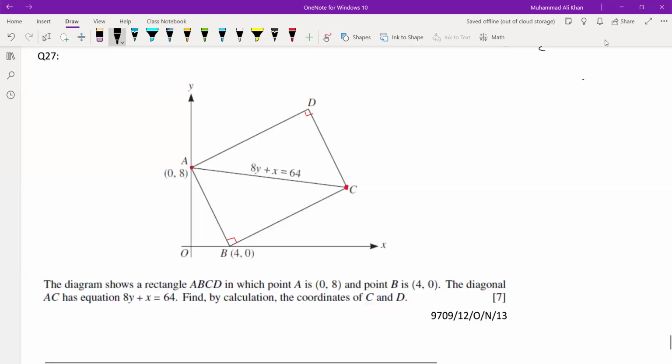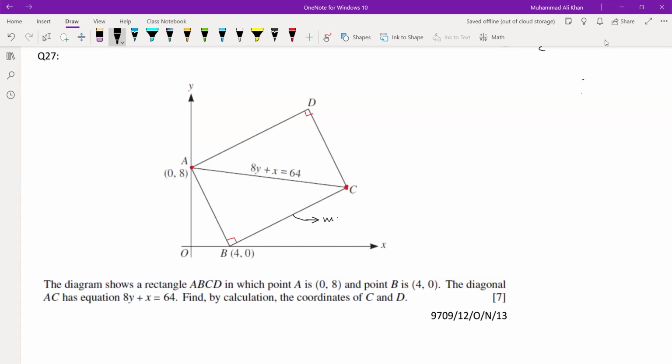Now here we have to calculate C. C is a combination of two lines, line AC and line BC. Yes or no? Yes. Now we have the equation of line AC, but we don't have the equation of line BC. Are we able to calculate the equation of line BC? Yes, we are, because we have the coordinate B on the line BC, but we don't have the gradient of this line. But